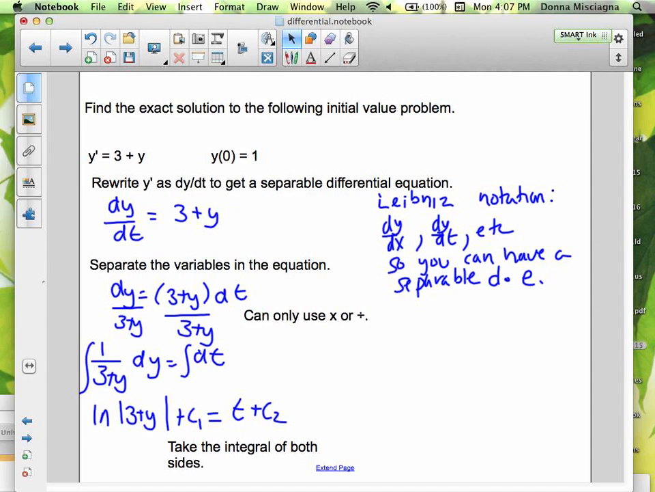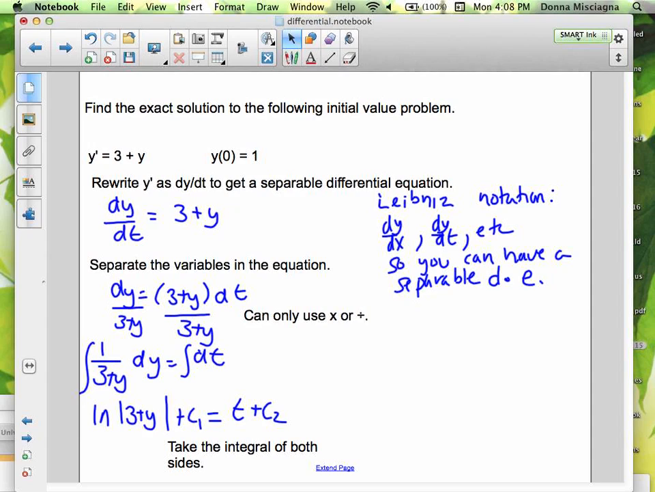So here we want to find the exact solution to the following initial value problem. We have y prime equals 3 plus y, and y of 0 equals 1. We're going to rewrite y prime as dy/dt. Here it's a dt because we don't see an x; it could be a dx, but this one's going to be a dt, referring to something varying as a function of time. So dy/dt equals 3 plus y, because you don't want y prime. This is called Leibniz notation. When you're working with differential equations, you do want dy/dx, dy/dt, etc., so you can have a separable